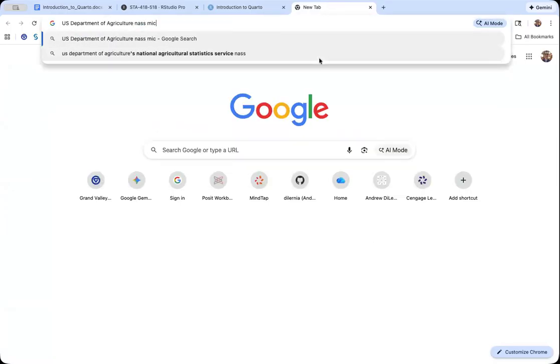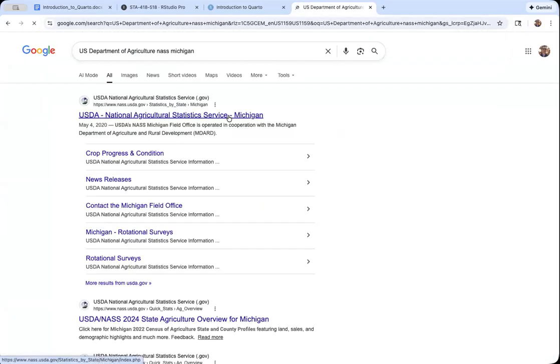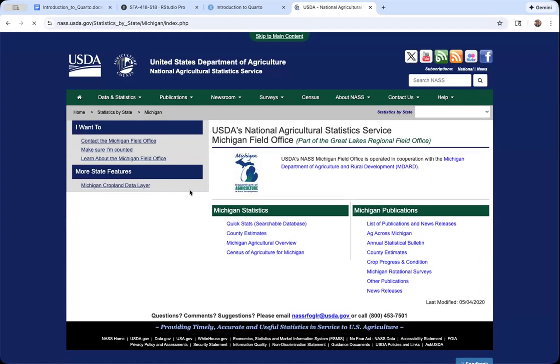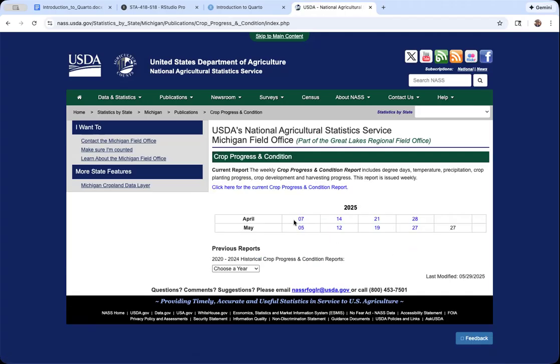So if you look at the NASS website in Michigan, one thing I remember is that we would have all kinds of weekly or periodic reports that we would have to publish. These reports would always be in the exact same structure, but have new data sets for that given week. For example, crop weather, crop progress and condition was a periodic report